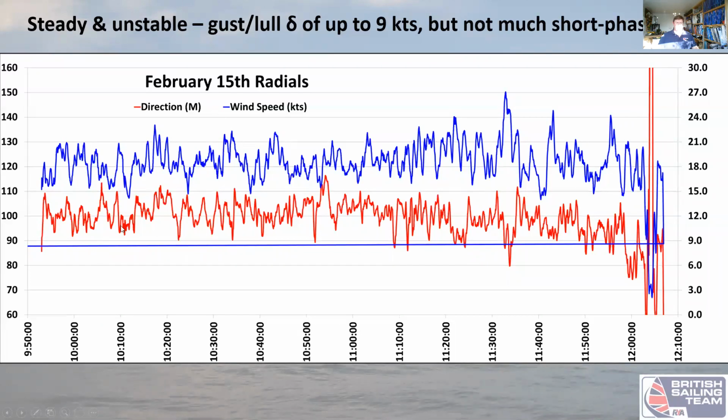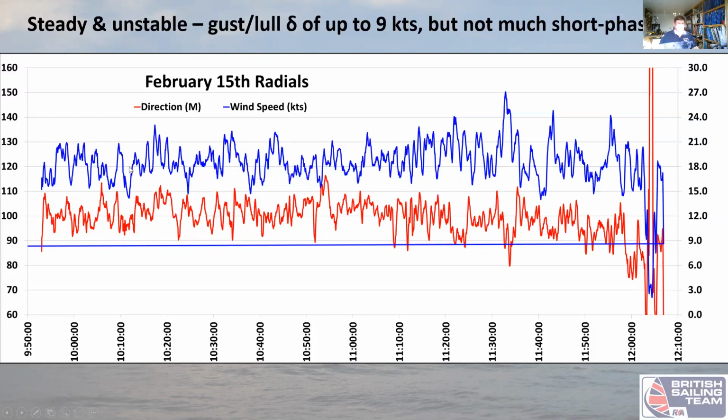The red curve is direction, the blue curve is wind speed. And you can see the direction curve there. It goes left to right a bit, but nothing dramatic, maybe 10 degrees each way. And it's fairly steady until about midday when it starts to get very funky. Whereas if we look at the wind speed, each one of these vertical units is 3 knots. So we're already getting about a 6 knot gust to lull difference, which on a mean wind speed of 18